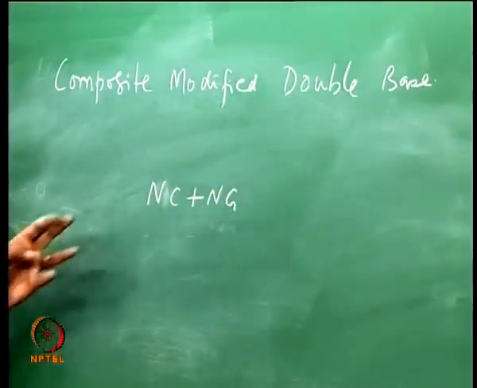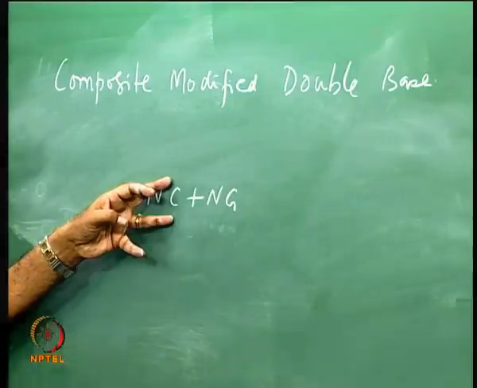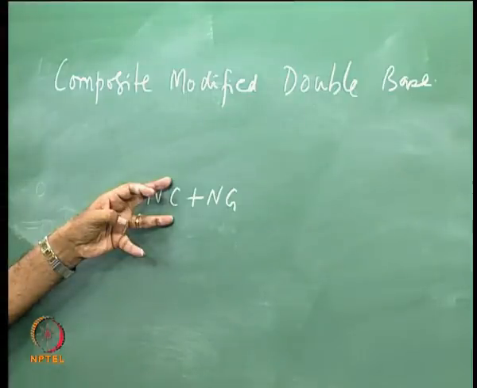But supposing I want to increase its energetics, increase the reaction and energy release, that is, add oxidizer ammonium perchlorate used in composite to double base propellants and make it more oxidizer rich. I could also add explosive to enhance the energy,